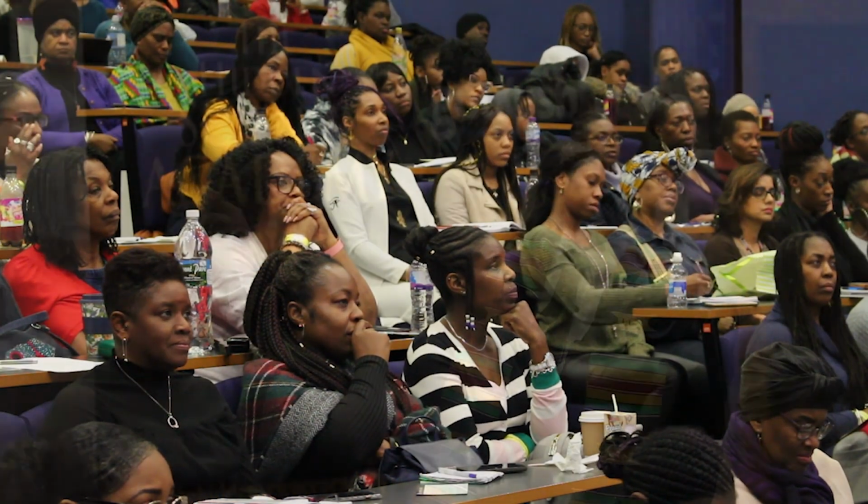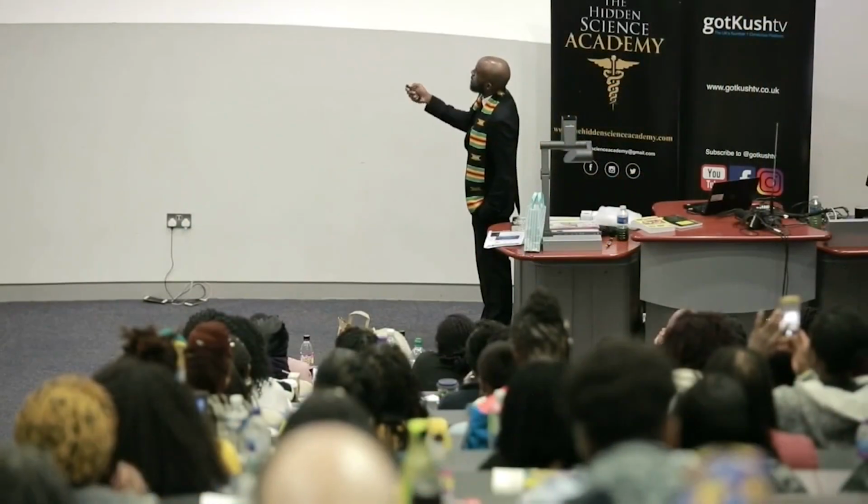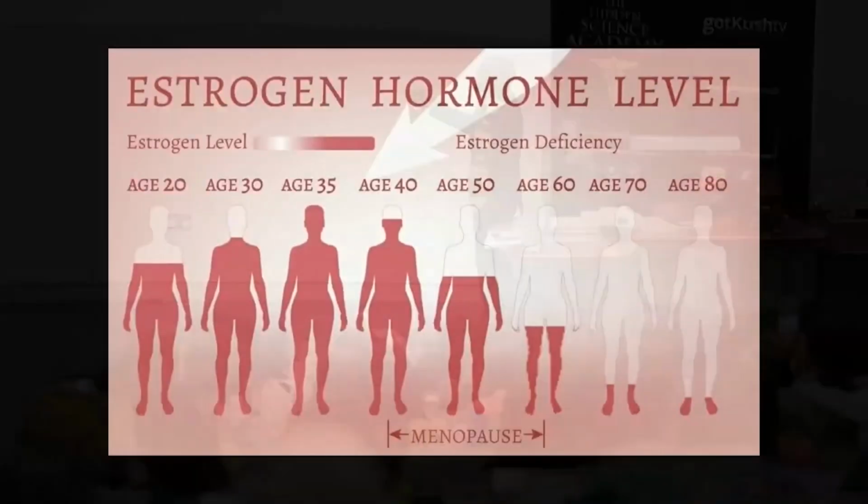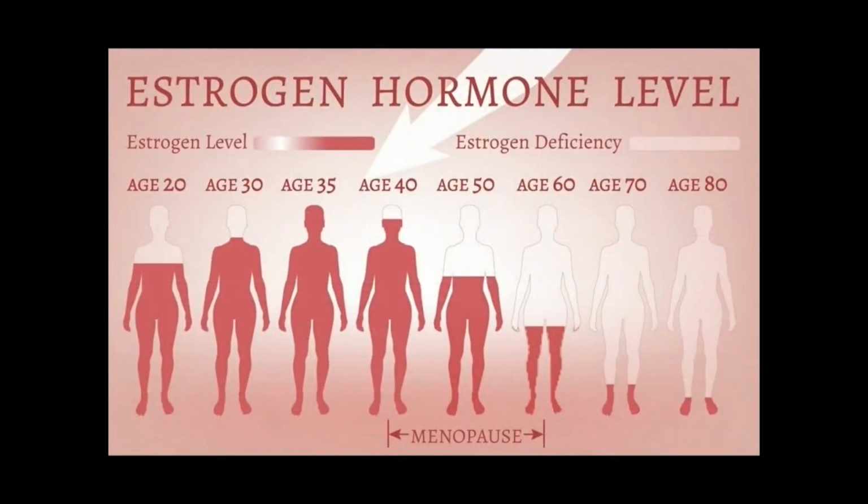Estrogen, estrogen, same thing. So when it comes to estrogen or estrogen dominance, for women, you go through stages, yeah? I know in the live stream they were talking about menopause and that sort of stuff. Again, our hormones are based on vitamin D and the sun. So if we're not getting vitamin D, it's going to create a hormonal imbalance. And on top of that, if we're eating high estrogen foods, it's going to create a huge hormonal imbalance.